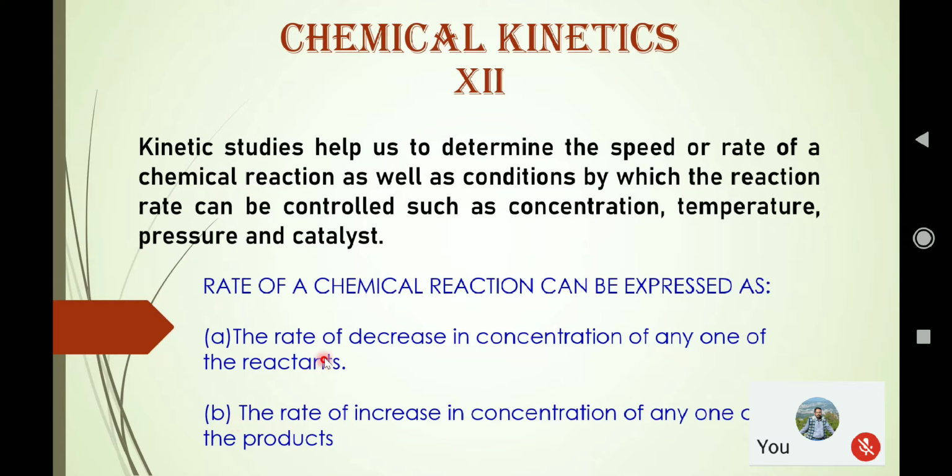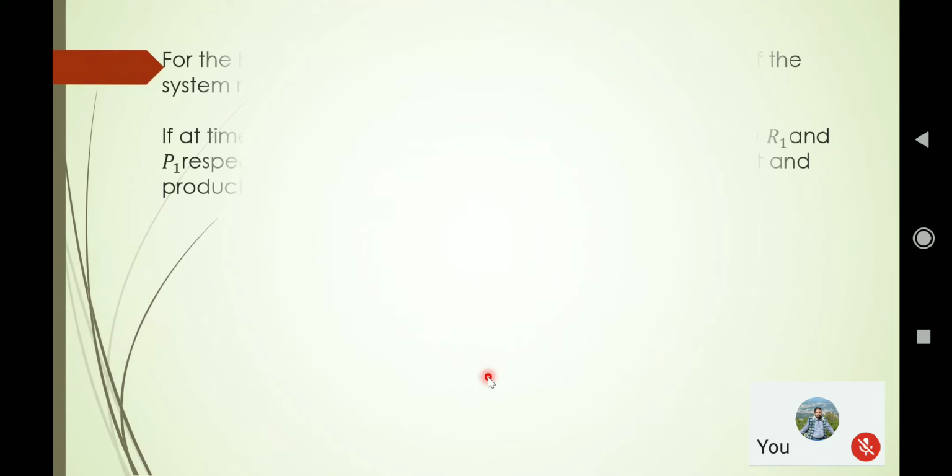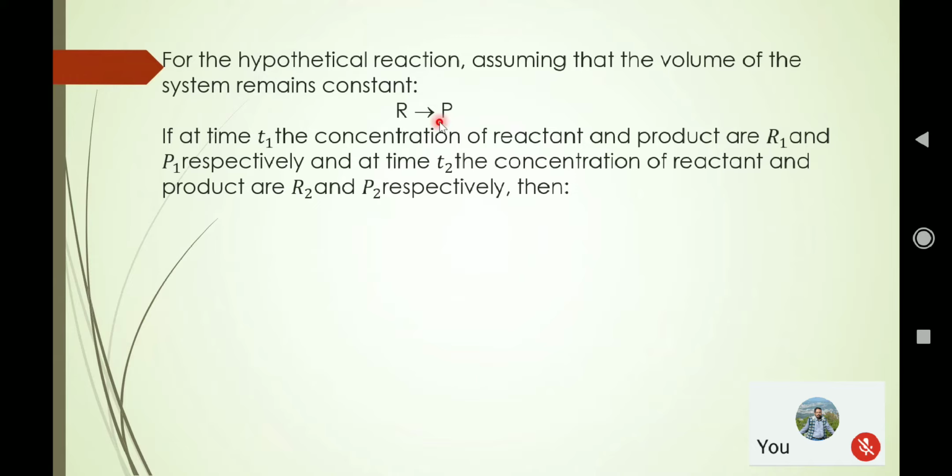That means during a reaction, the concentration of reactant decreases, and rate means how its concentration decreases with time, and it can also be explained with time how the amount of product increases. So for a hypothetical chemical reaction from reactant to product,